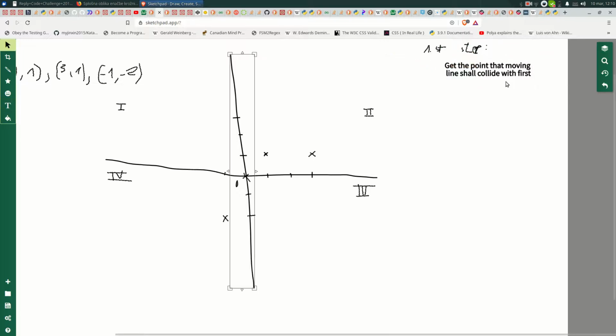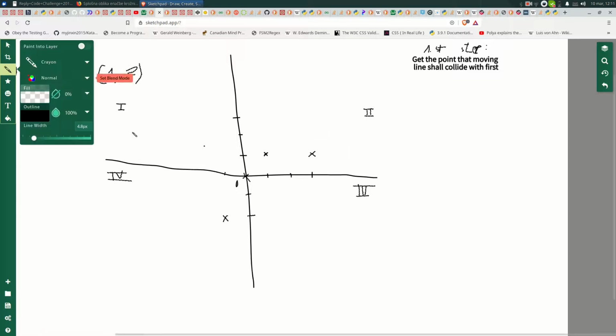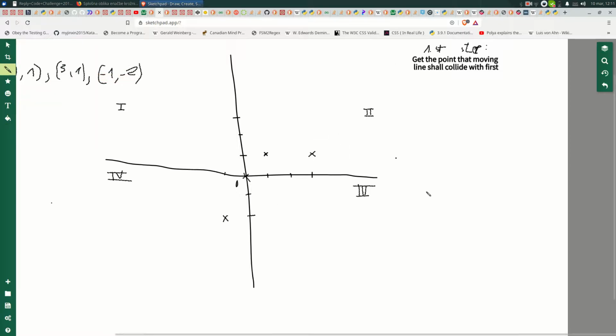Alright, that's good. So say get the point that the moving line shall collide with first. So how do we do that? We shall find out the